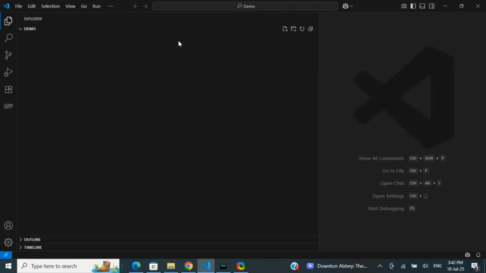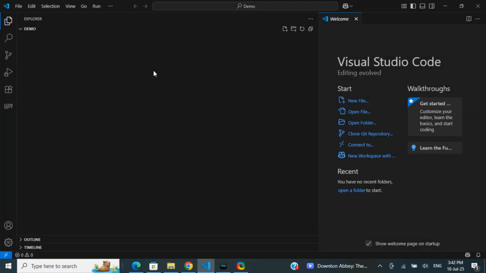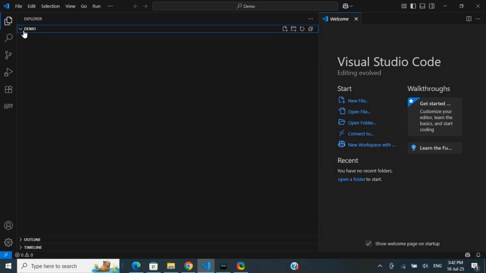Okay, so once that's done, this will now create the location here. So now what you're going to do, you've already created it, and a dialog box appears, click on Yes, I trust the authors, and that's fine. And you have now created a folder here, so you can simply click on the folder that you just created